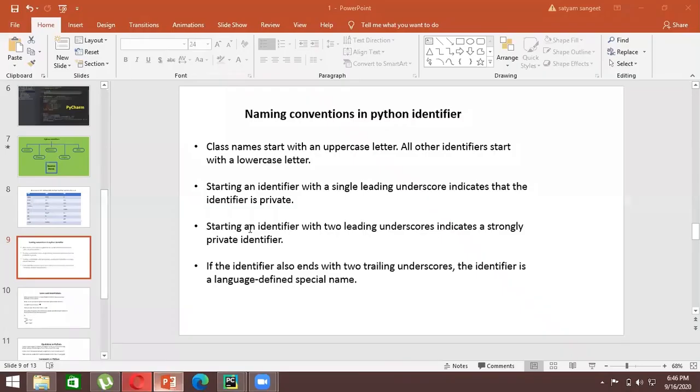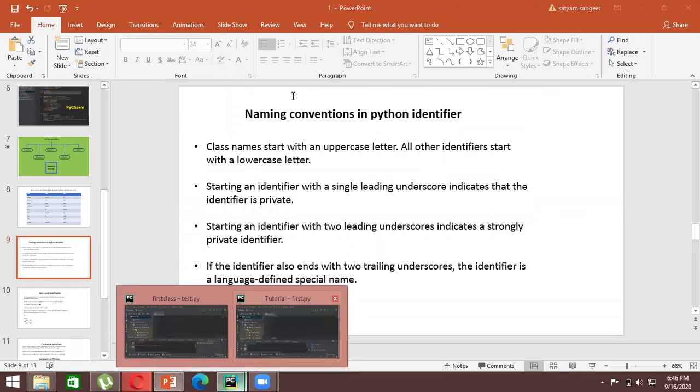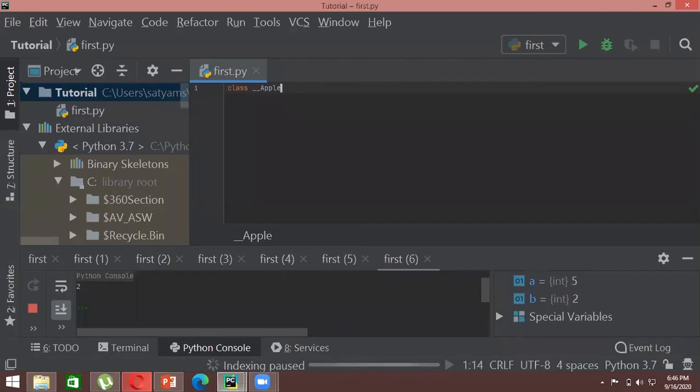And the third point states the same thing. You can start with two leading underscores, and sometimes you can also end a particular class in double underscores. So like apple, underscore underscore apple underscore underscore. What this means is that now that you have created,